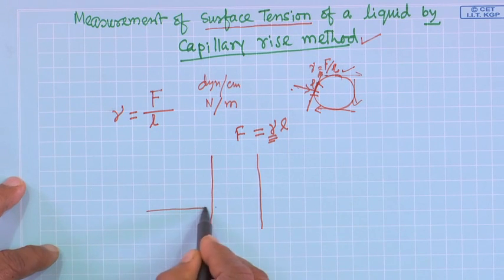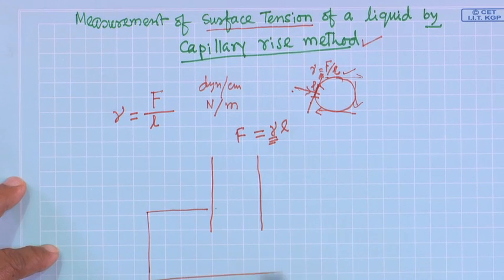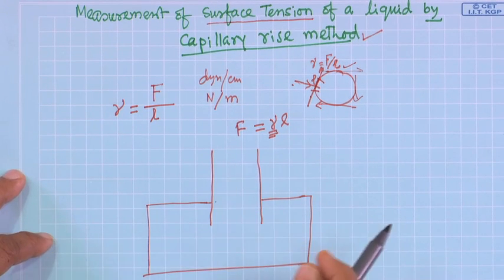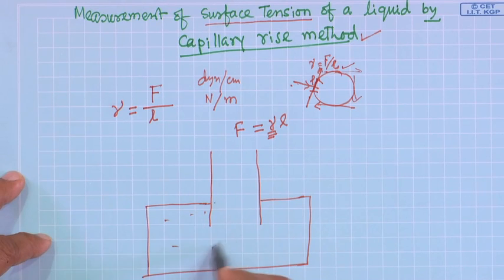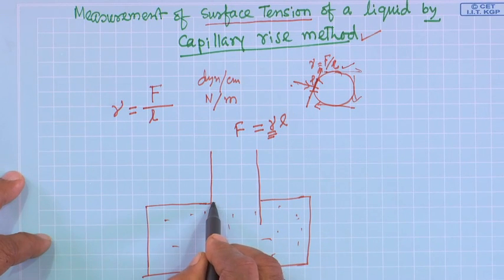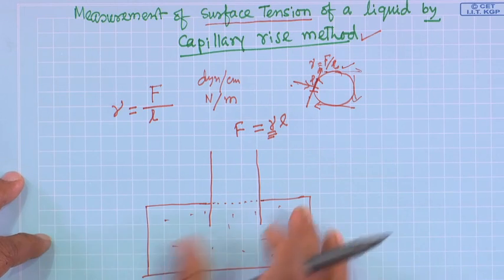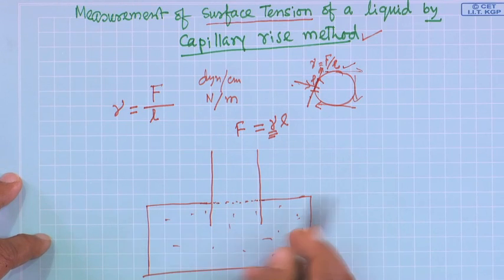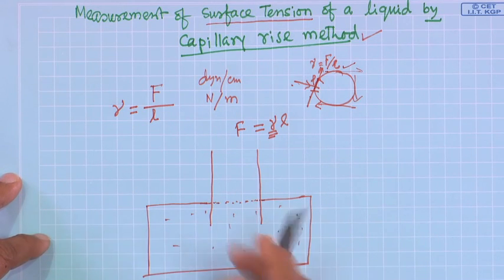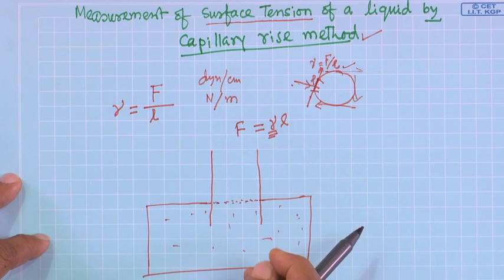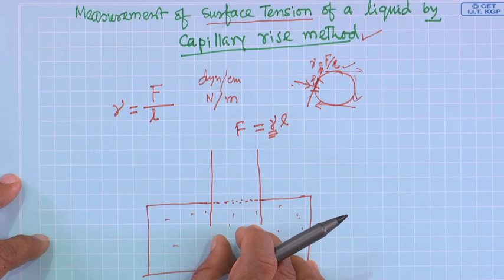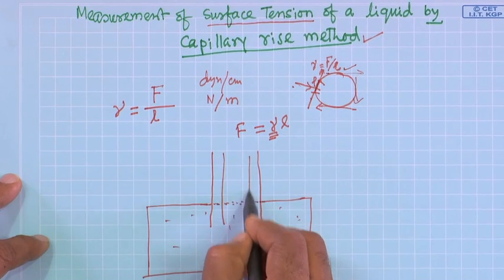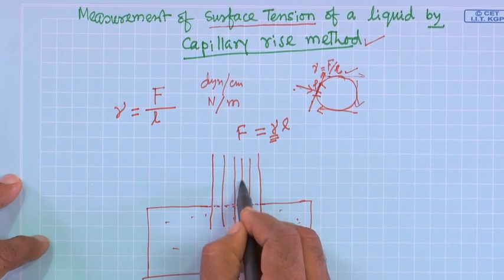and if you partially dip it into water, there is water inside. You know the water level, we expect it up to the level of the water in the container. In the tube also we expect this. If you take a larger radius, you will see this level, but if you reduce the radius, smaller and smaller,